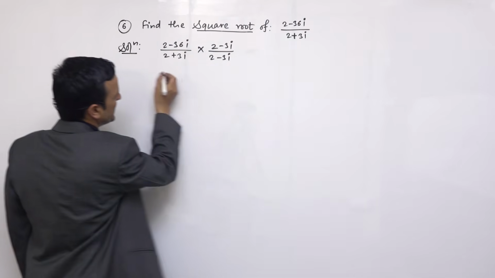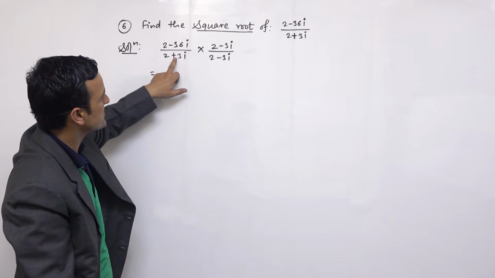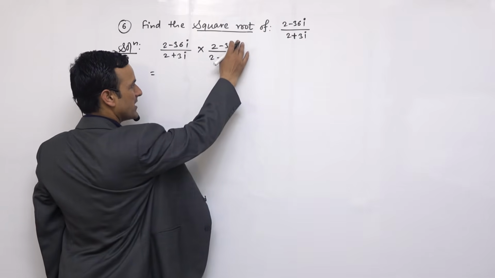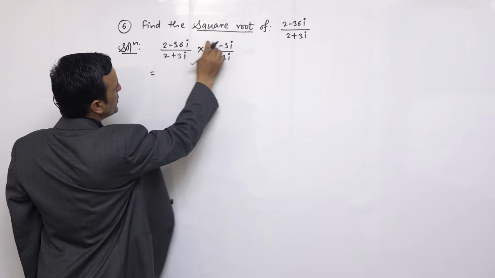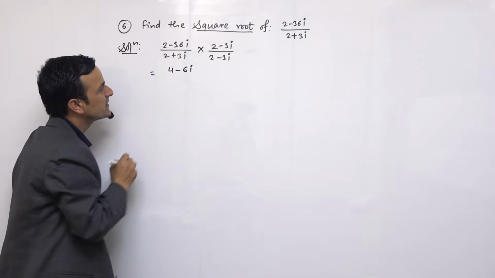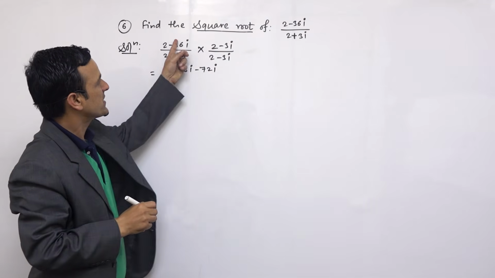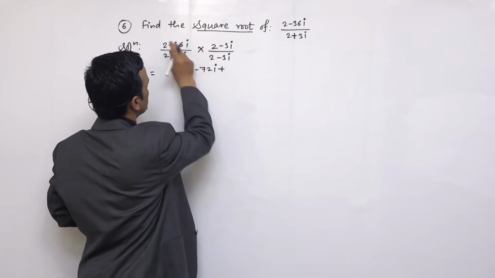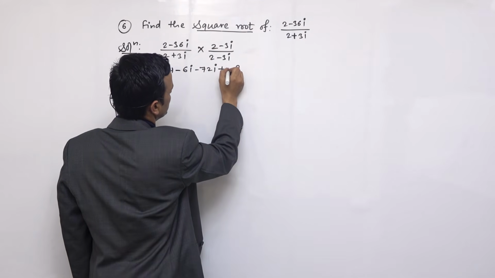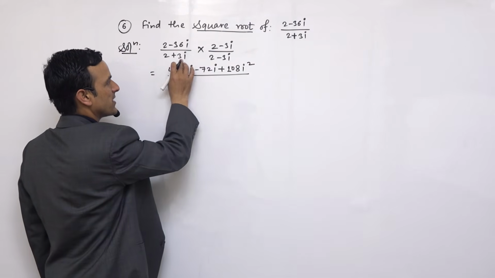So what will be here? Then 2 into 2. Conjugate, it is a rationalizing or conjugate. Plus sign छ भने minus minus लिने, opposite sign लिने. Taking opposite sign, we should multiply and divide as well. 2 into 2 means it is 4. 2 into 3i means 6i. 36 into 2 means 72i. And 36 into 3 means it is minus minus plus. And 36 into 3 means 3 6 are 18, 100, 108 i square divided by 2 plus 3i, 2 minus